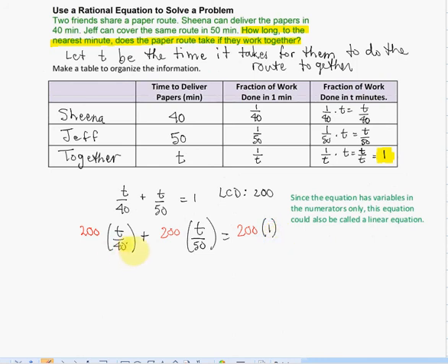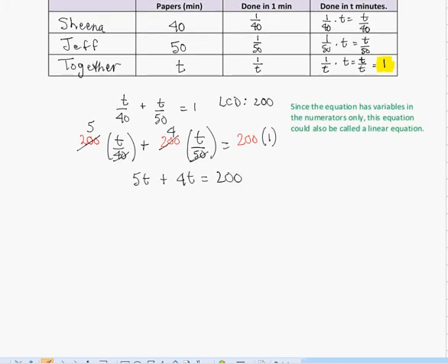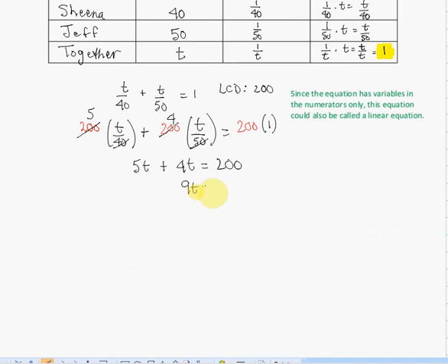Okay, so let's do some reducing. 40 goes into 200 5 times, 50 goes into 200 4 times, and there's no reducing on the right. Okay, so we get 5t plus 4t is equal to 200, and that gives us 9t equals 200, and then t is equal to 200 over 9, which gives us about